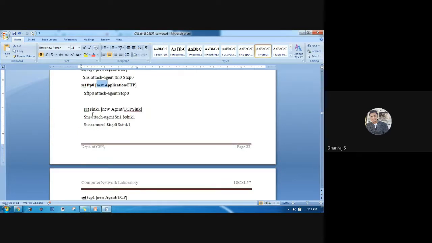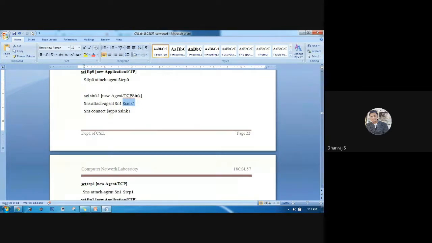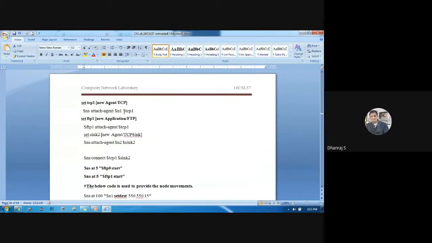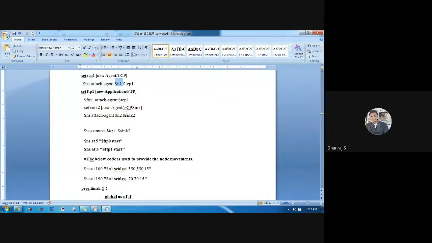Then coming to the N1 node, because we have considered N1 as sink1. Set sink1 [new Agent/TCPSink]. A should be capital, TCP should be capital, and S should again be capital. So N1 should be assigned sink1, and then TCP0 is connected to sink1. And TCP1 is attached to N1, and we are going to assign the traffic generator, that is FTP1, to TCP1.